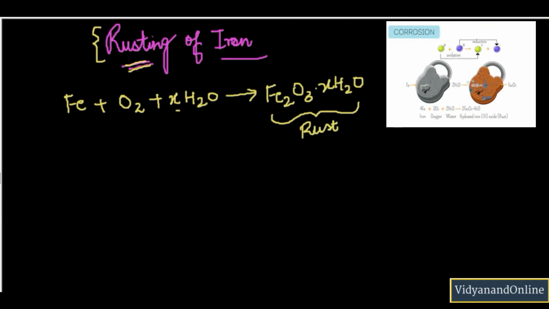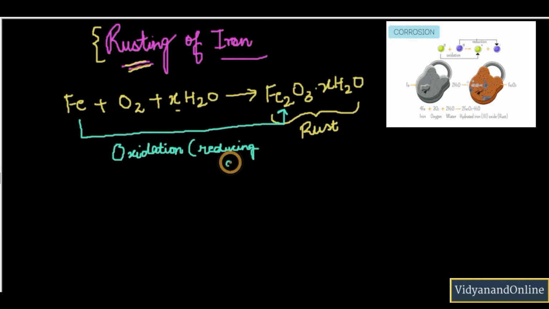Now what is happening here? Basically iron is getting oxidized, and that is why you can see it is Fe2O3, and that is why we can write here oxidation. Now if I am writing oxidation here, then I can put reducing agent here, right? I told you, you need to write the opposite of it. Now talking about oxygen, this oxygen is basically a non-metal and it is combining with iron, and iron is a metal. So a non-metal is combining with a metal.